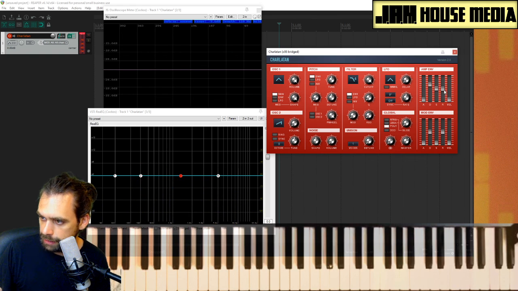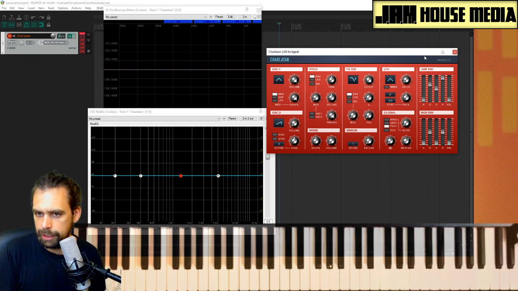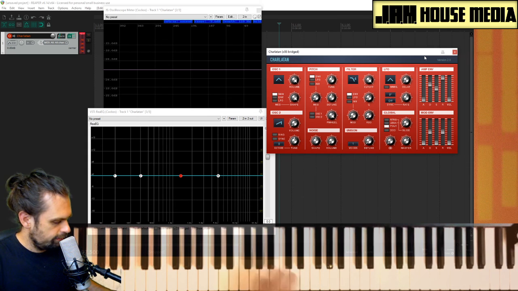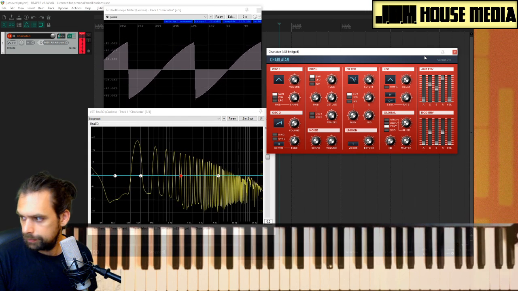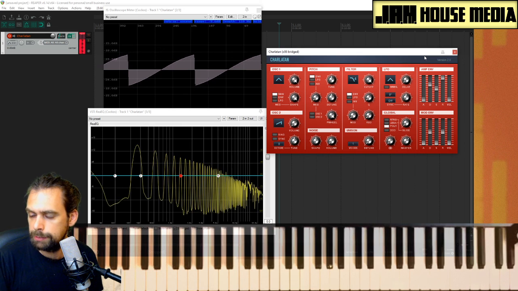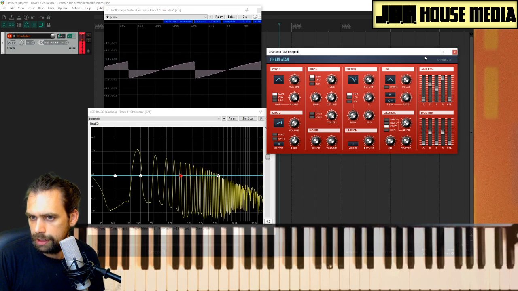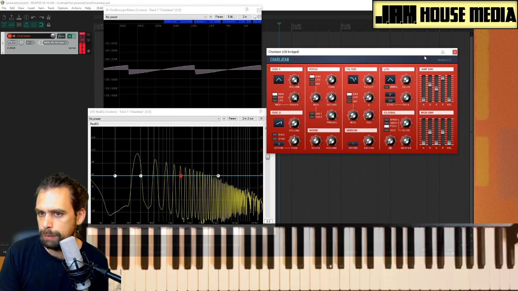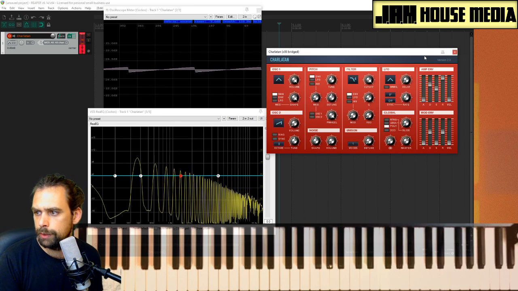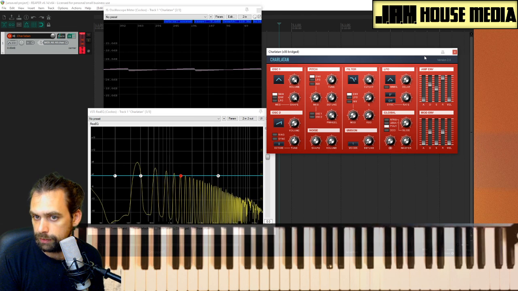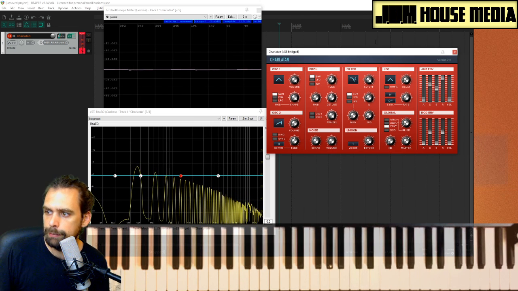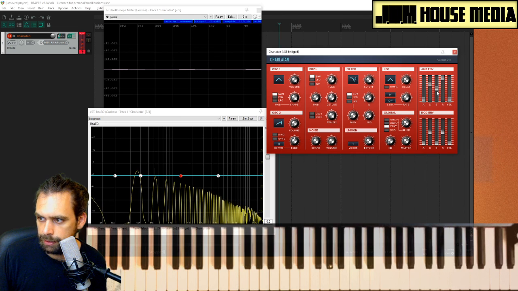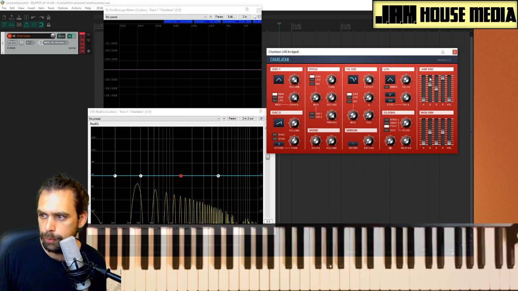If I have really high release, then that means it will take a long time to get to 0 volume after I release my finger. So my finger's off, but it's still ringing out, and that's because of the release. Generally, the release is based on whatever the level was at when you released your finger. So that means that it might not be going from medium level to off. It could be, if I released my finger before the decay finished, then it would be decaying from a high